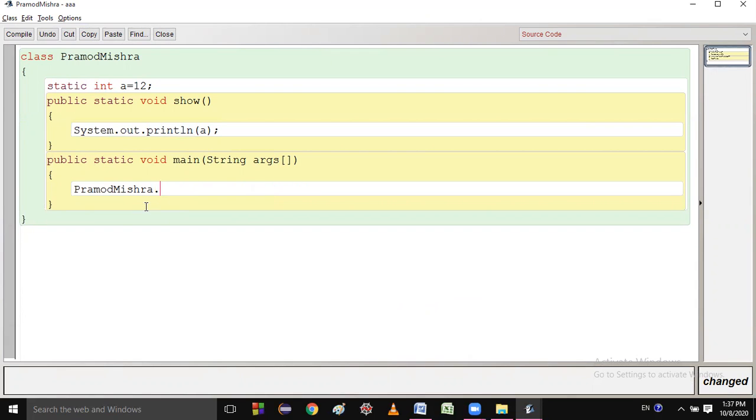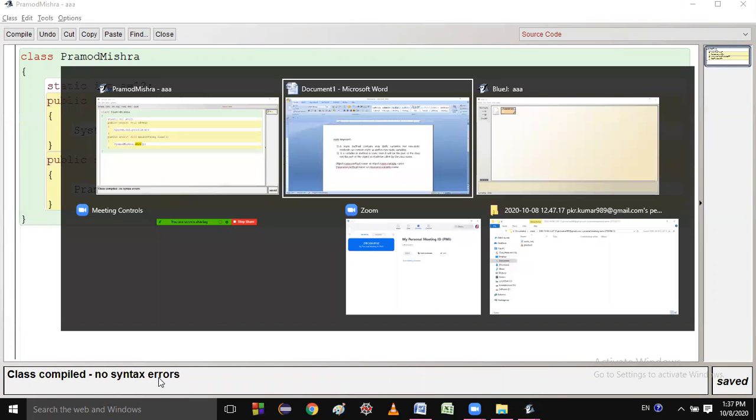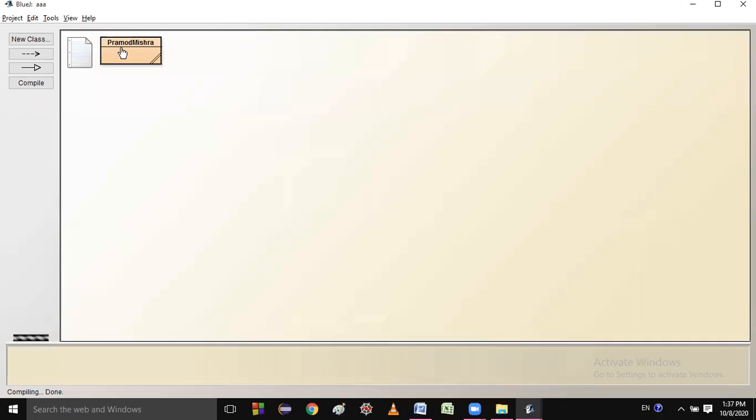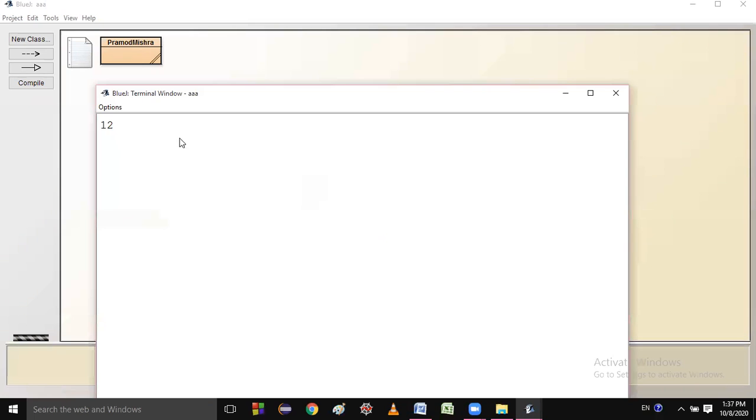So Pramod Misra dot show. This is the way of calling. Pramod Misra is the class name, show is the method name. Class compiled, no syntax error. If you run this, there is no problem.